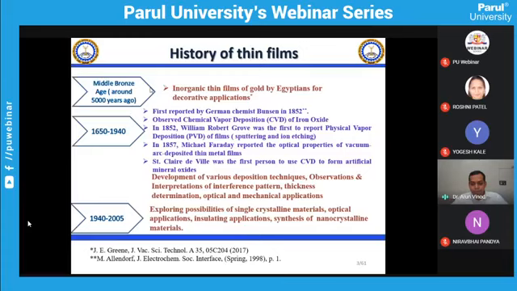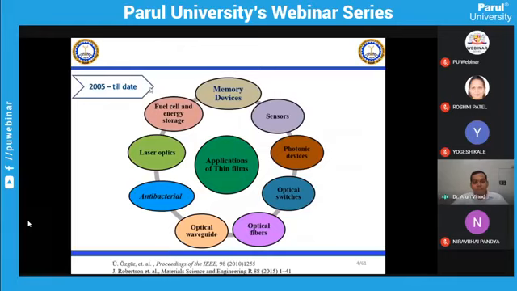So then the booming of nanocrystalline thin film materials started appearing. From 2005 till date, the thin films find many applications in most of our daily aspects, like in memory devices,